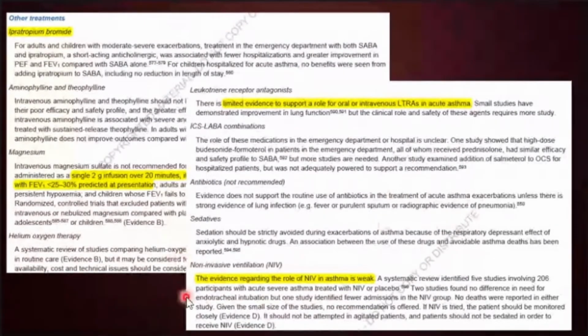Okay, non-invasive ventilation. The evidence for the role of NIV in asthma is not as strong as in COPD. We've seen in COPD from the past lectures that nowadays it has become more or less a treatment of choice in acute exacerbation of COPD. For asthma, however, NIV is not really a strong treatment modality, because if we look at the pathophysiology of exacerbation in asthma, hypercarbia or CO2 retention is not one of the features of asthma exacerbation, whereas CO2 retention is a strong feature in a COPD exacerbation.